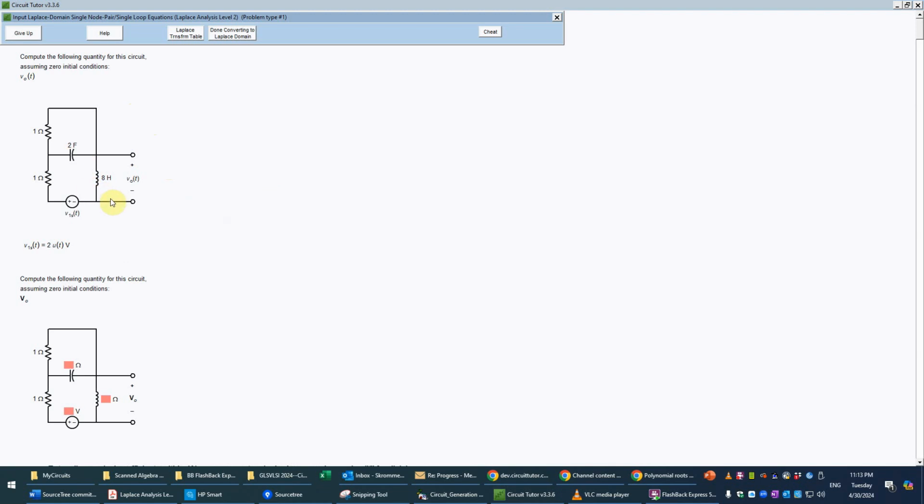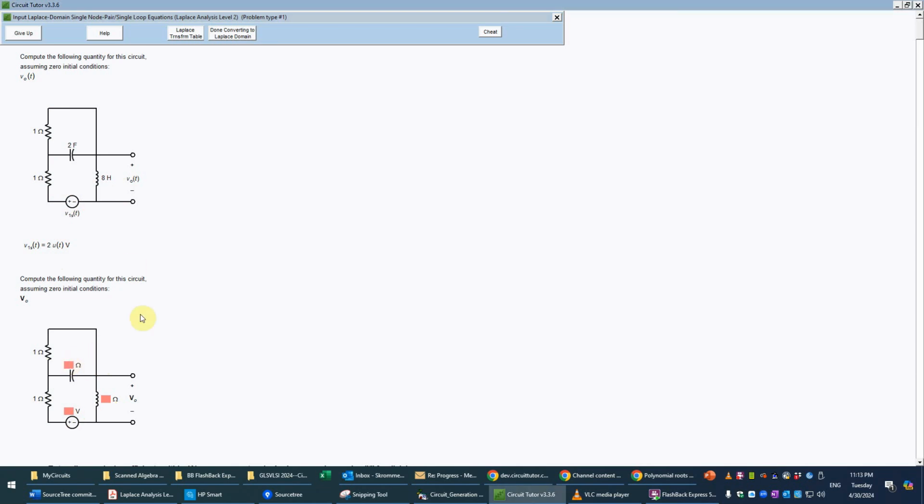We see that this is going to be a second order circuit with a capacitor and an inductor, and a couple of resistors, as well as a step function source. So our first task is going to be to convert this from the time domain, where we have the farads and the henries and the time, into the Laplace domain, where we have only ohms and S values, no time at all. So in order to do that, to begin with, the resistors stay the same,